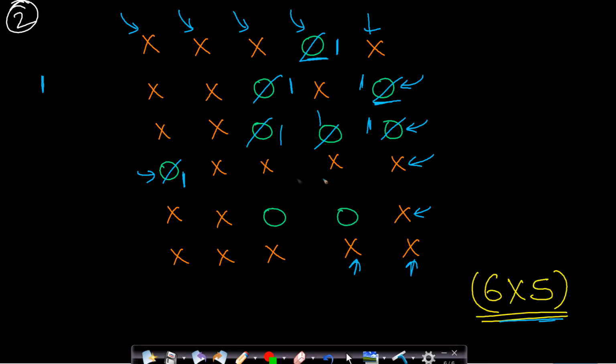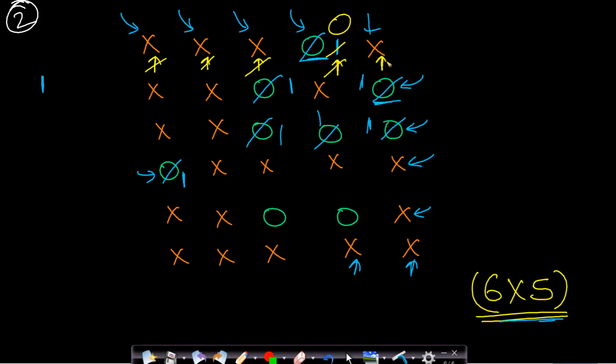Now whatever zeros are left will definitely be inside all X's. Okay. So in the next step, we will start iterating from this first element. So this is X, we won't do anything. X, we won't do anything. X, we won't do anything. This is 1. When we find that this is 1, this indicates that there was a 0 here, which was not a valid region for conversion. So we will simply return it back to 0, because in the resultant matrix, all the invalid zeros, that is all the zeros connected to the boundary zeros, will remain the same. So we will just convert it back to 0.